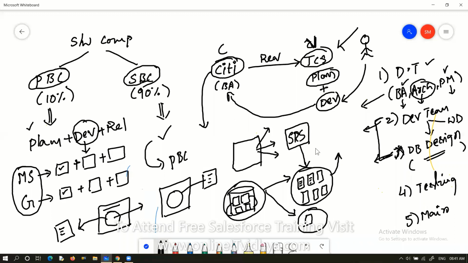And once the product is ready, then the testing team will come into the picture. They are going to test the project, whether it is working properly or not. Each and every task is working properly or not. Whether this project is developed based on the client requirement or not, or from a performance point of view, any problem is there or not. Everything they are going to check.